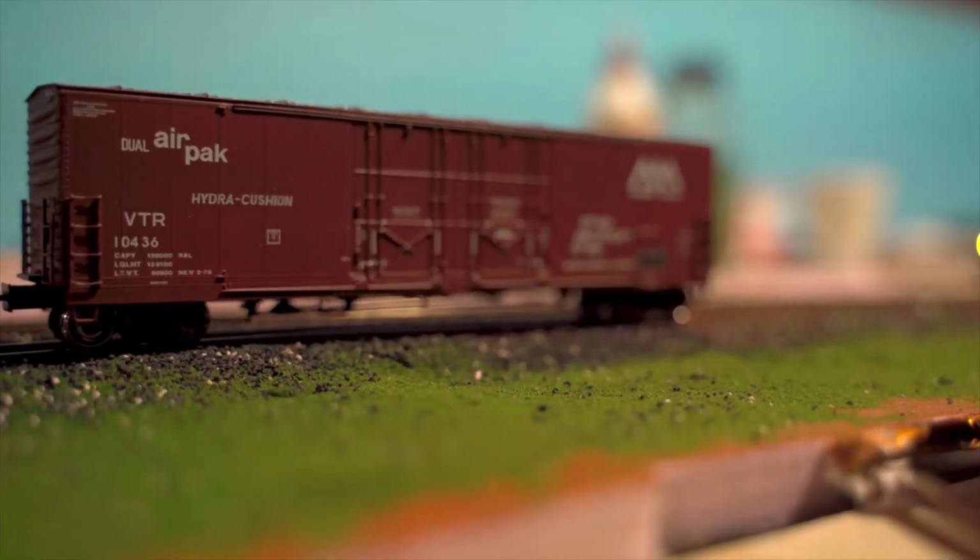Now this is the final freight car that I got from the trade. And out of all of the freight cars, I think this is probably the best one. Like, the detail on this thing is amazing. For an Atlas ready to run freight car, this is a really good freight car. It's got a bunch of ladder detail,